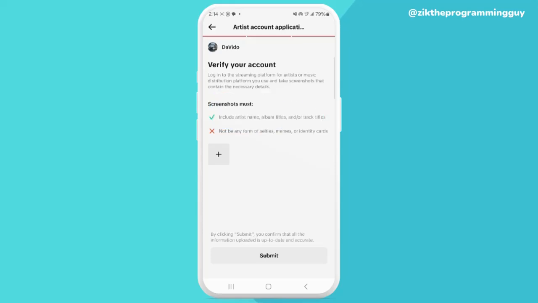Right, and these details include your artist name, album title, or track titles. All right, so of course you should know your music distribution. All right, we have DistroKid, we have RPM, we have lots of them, right? We have TuneCore, right? So just log into the one you are using to distribute your music, take a screenshot that includes your artist